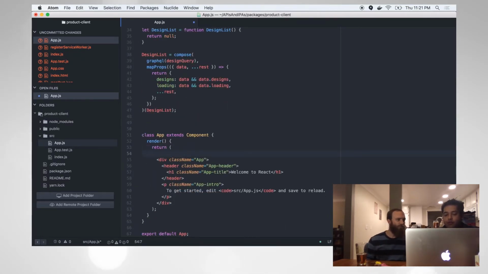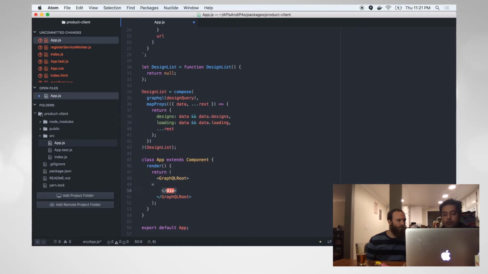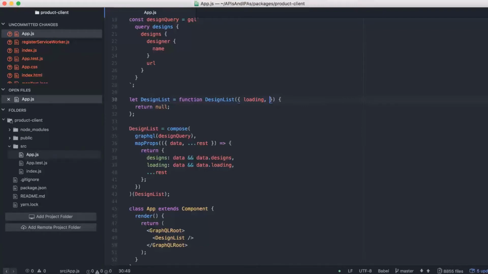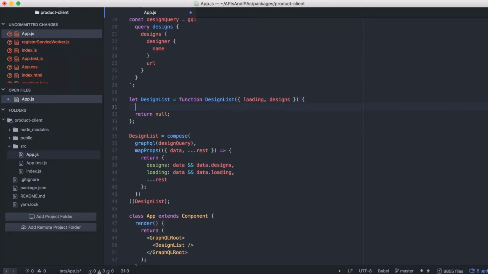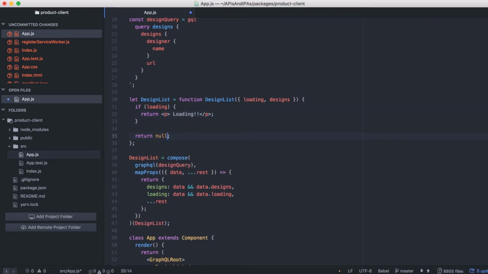So we're going to render our GraphQL root in our app. The GraphQL root here. So this will be our provider. And then we're going to remove this stuff in here. And we'll just render our design list. Design list. So that'll be our app. And if we go into our design list, we're going to take our loading prop and our designs prop. If we're loading, we'll return a paragraph that says loading. If not, we'll return